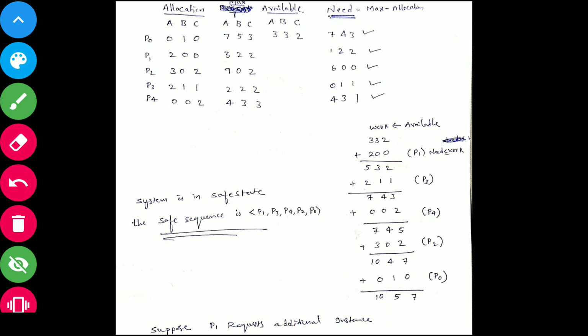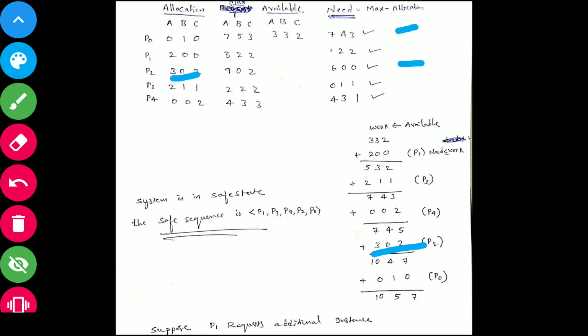Next, again you come from the beginning, or you can also go from downward to upward. So you come once again from the top. Then can we give 743? Yes, we can give it, and I have taken this one. Now the remaining are p0 and p2. So I will assign 600, right? For the 600 we can give. Then it will return 302, so I added that 302.